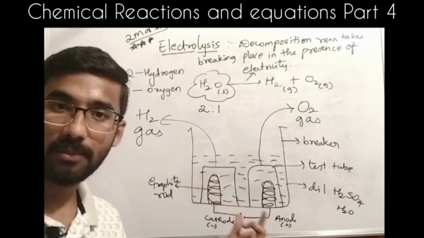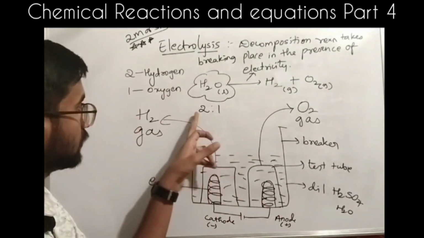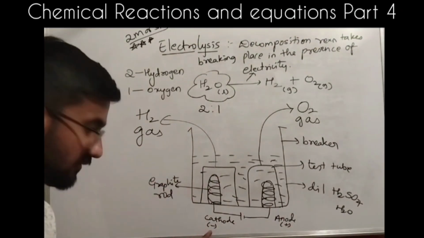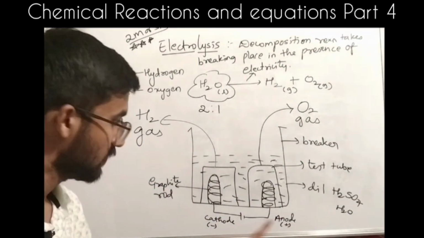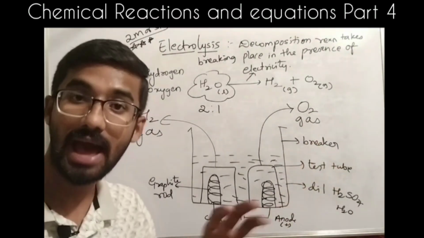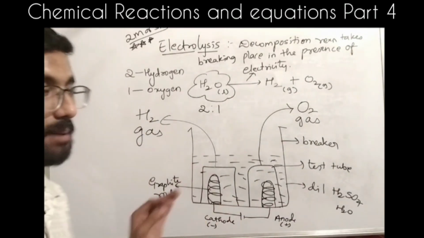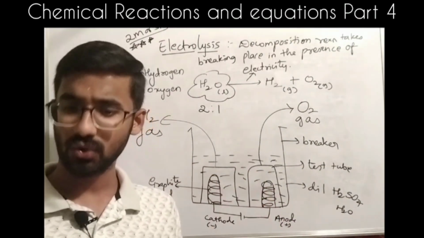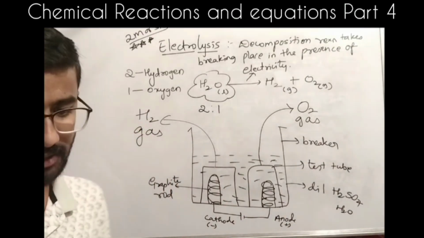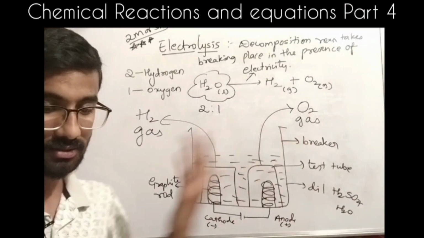That phenomenon happens in electrolysis because of the 2:1 ratio. The one which has more goes to the minus, and the one which has less goes to the other. It is an anode, it is a cathode. Is it clear? Right. Because the ratio of hydrogen and oxygen in water is 2:1, it makes the water a good conductor